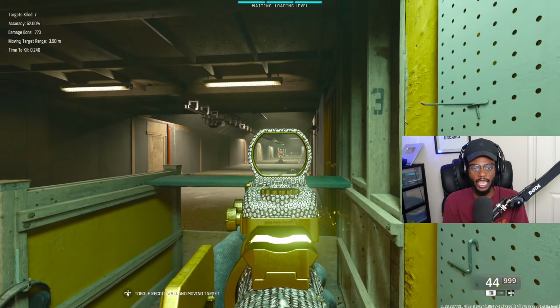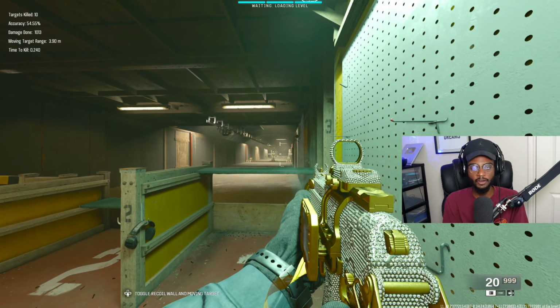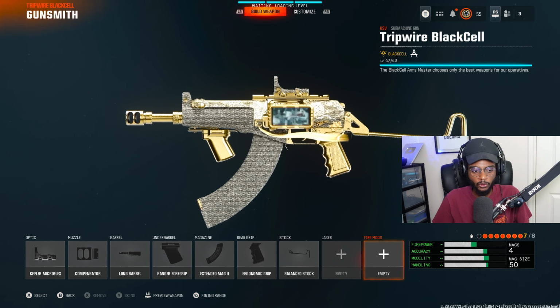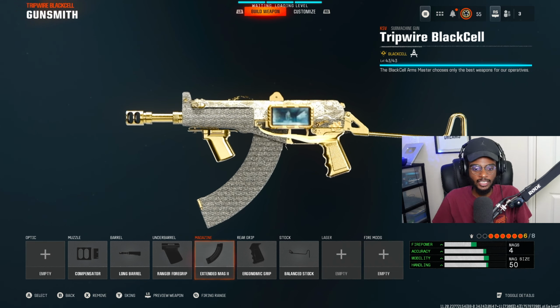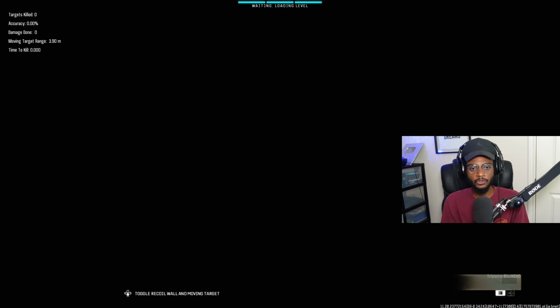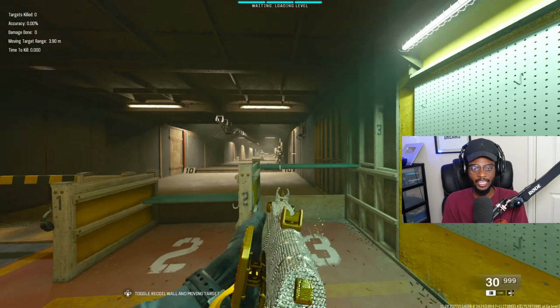And then obviously at close range, this weapon is going to be incredible, giving you a very fast time to kill. Now, for the 5 attachment class setup, which is what I recommend, I do recommend going ahead and removing the recoil springs, the Kepler Microflex, as well as the extended mag 2 option. This is honestly all you need with this submachine gun, and you're still going to have fantastic handling